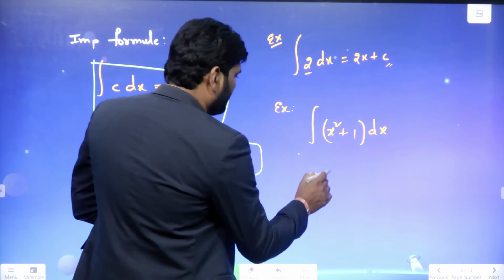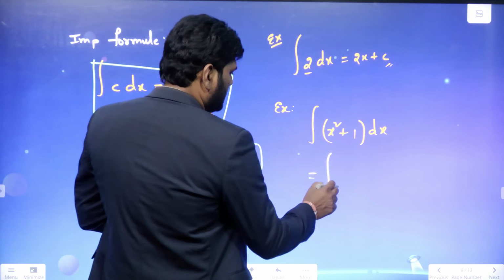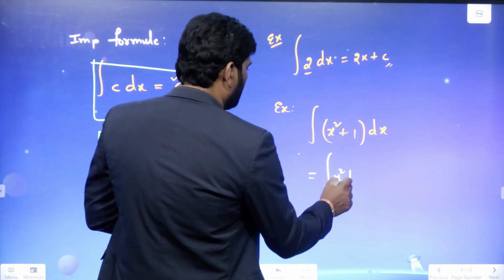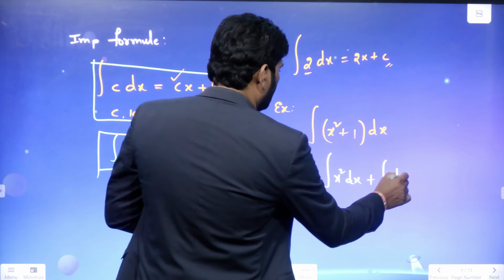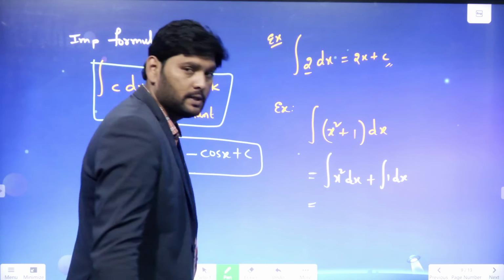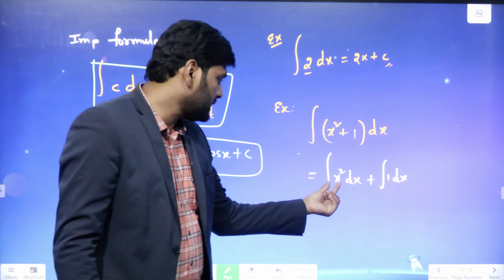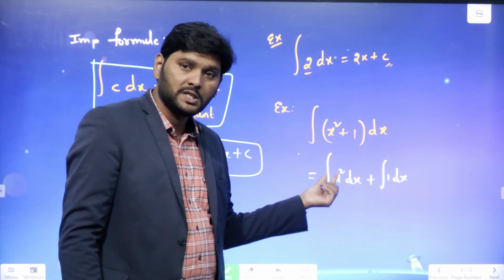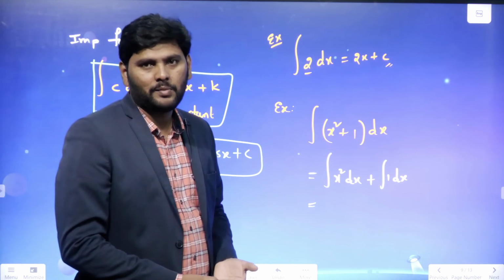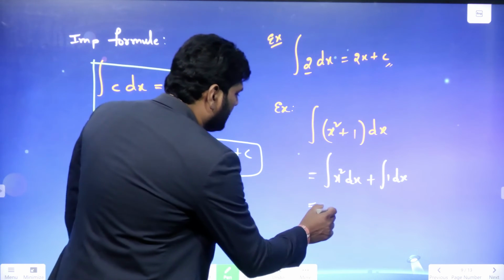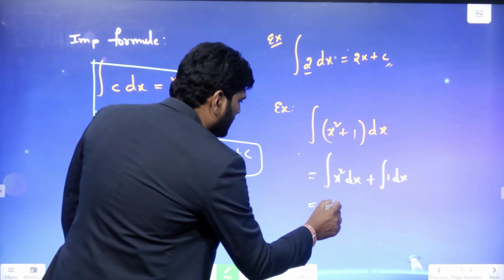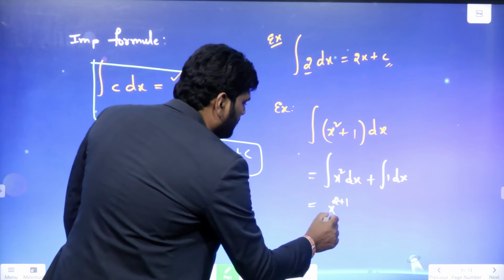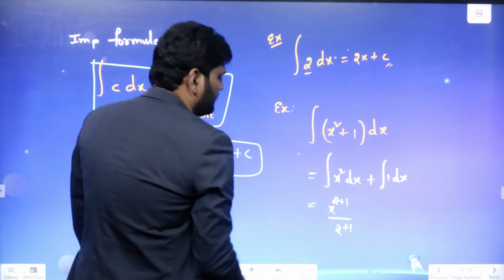Now I am applying the operator. The operator is integral. I am applying the integral operator for both terms: integral 1 dx. Next, integration of x square is a general formula, right? If I apply the general formula, it becomes x power 2 plus 1 by 2 plus 1,